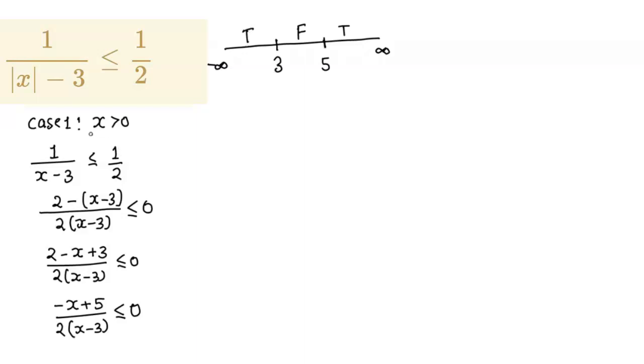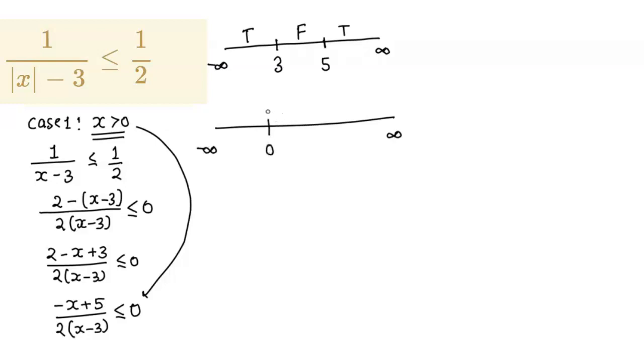Now you can see that the case is x greater than 0. It means that this equation is true when x is greater than 0, so the answer should also be greater than 0. So let's take the intersection of both. First of all, I am writing minus infinity to infinity, and the case is greater than 0. So you can take the answer only in this region. So let's see, there is 3 and here it is 5,